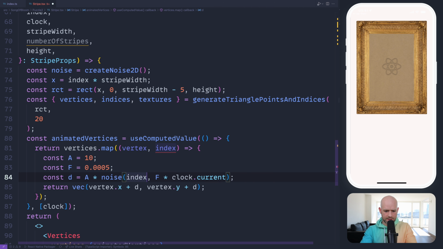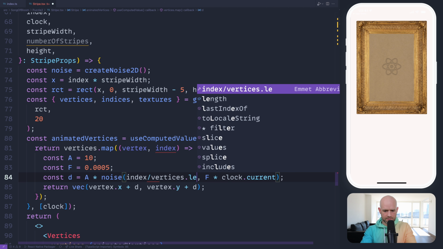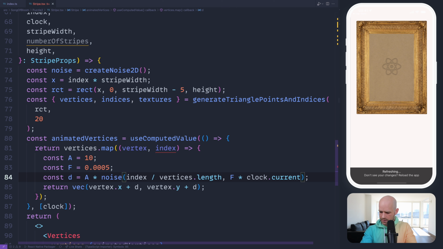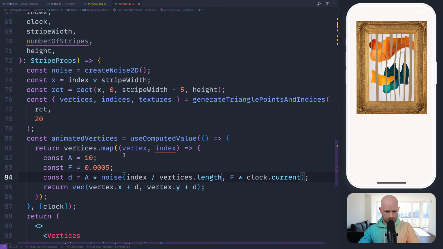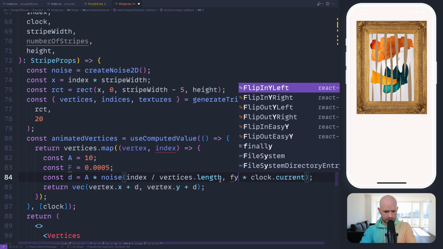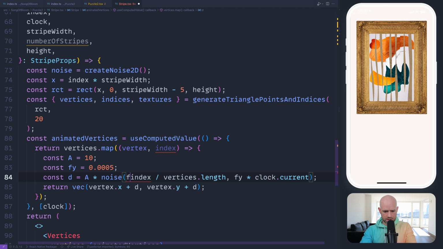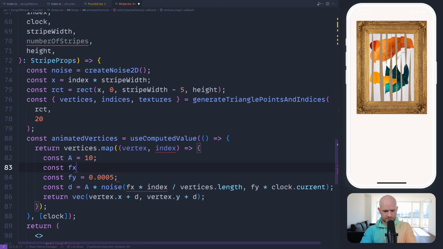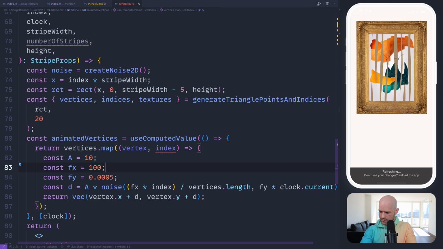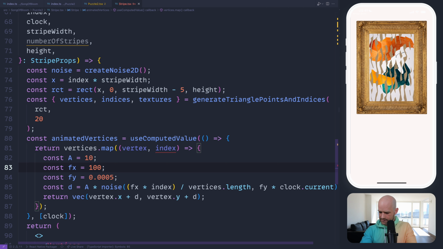So here I'm going to use index divided by vertices.length. Maybe let's call this one fy. And here we can do fx. Let's play with fx to see if we can. That's actually somewhat better.